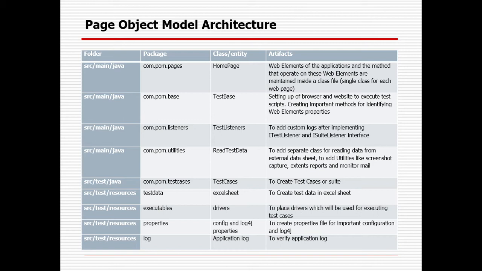Also, suppose I want to capture a screenshot for the failed test case, or even capture a screenshot for each and every page. Also, in case I need to use Extent Report, I need to create a separate class in the utilities folder, just like the test data reader. So suppose I want to read data from external sources, like an Excel file or CSV or other file, I will write all the important programs in that particular class, ReadTestData. That will help me identify the test data from the external source, and automatically use it in our main test case class.